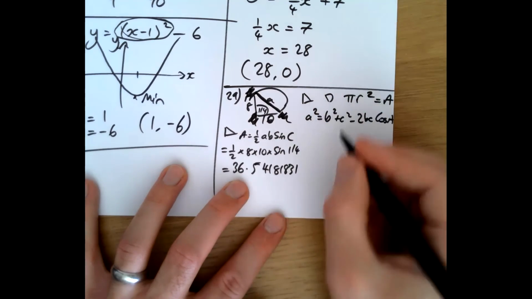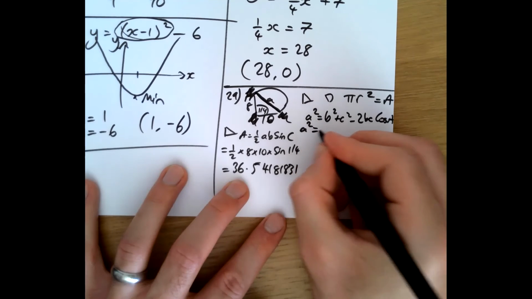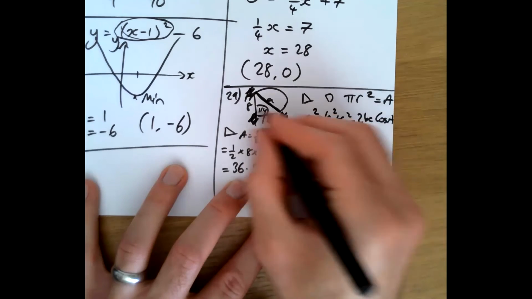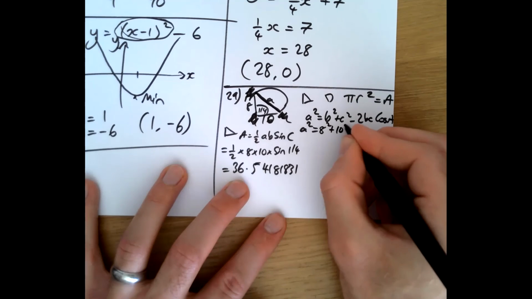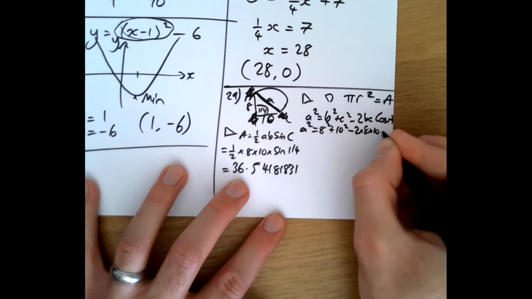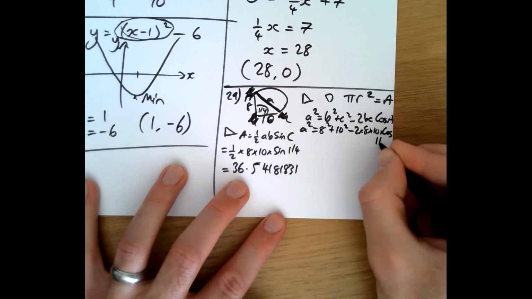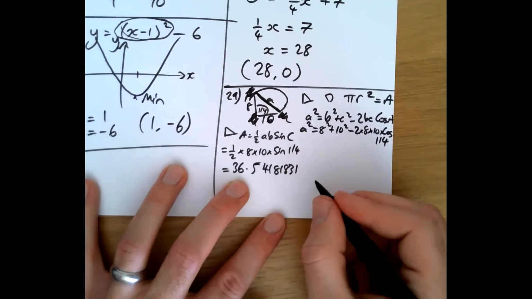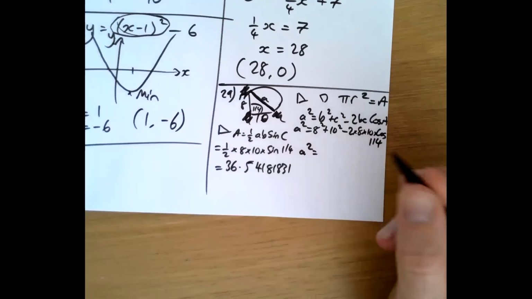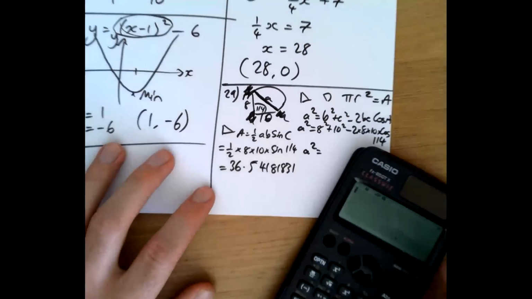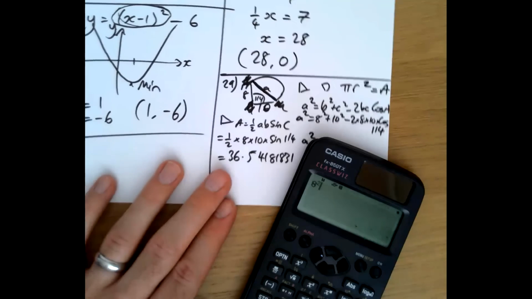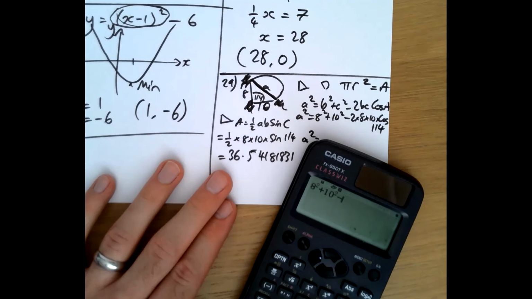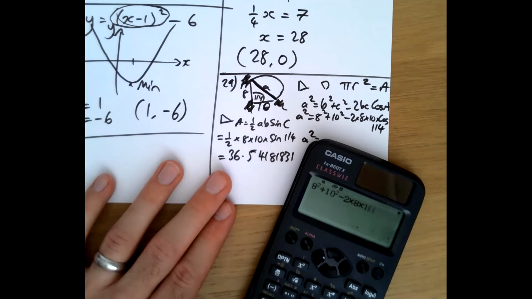All right, so we've got a squared equals, as long as b and c correspond, so we've got 8 squared plus 10 squared minus 2 times 8 times 10 times cos of my angle that's opposite a. So then if I type all of this in, hopefully you can see all of this, so if I just do 8 squared plus 10 squared minus 2 times 8 times 10 times cos 114,